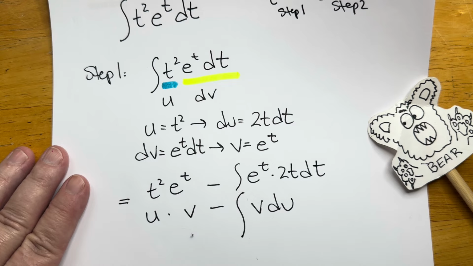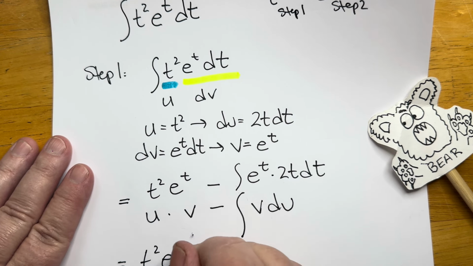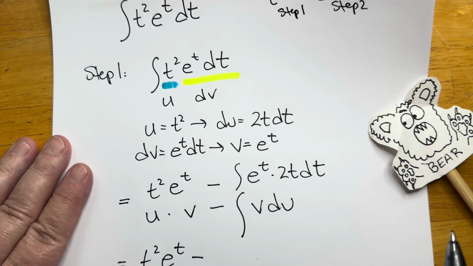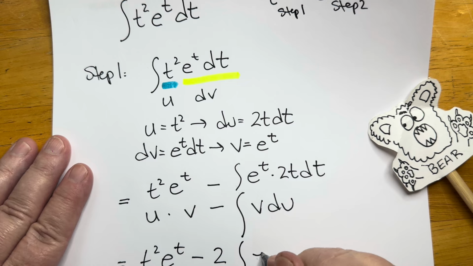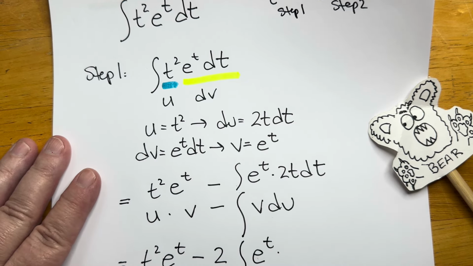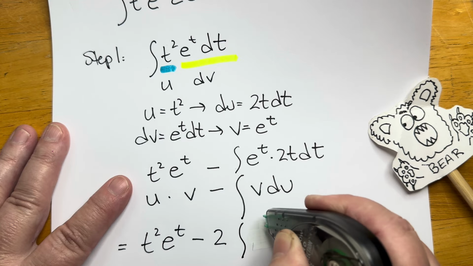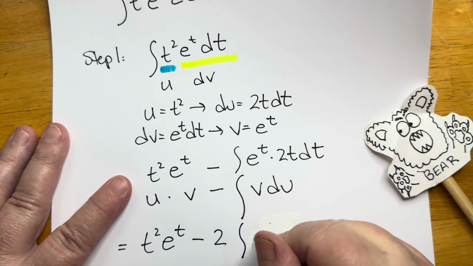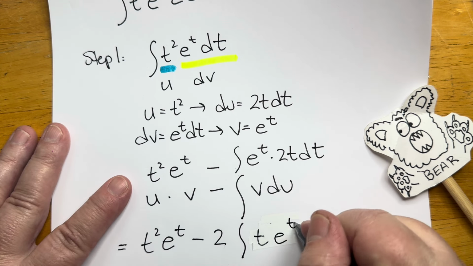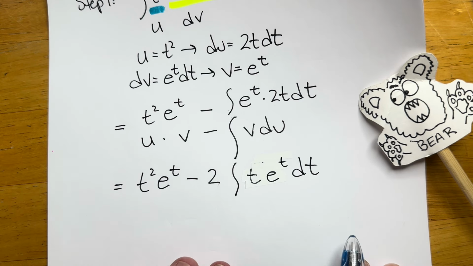Okay? Okay, woohoo. So let me clean that up. t squared e to the t minus, and then I'm going to move the 2 out. And I've got e to the t times, you know what, it'll be easier if I write this slightly differently. If I write the t first, it'll be easier to see what's going on. e to the t dt. And now, second step, okay,